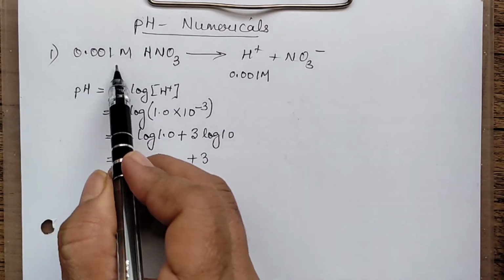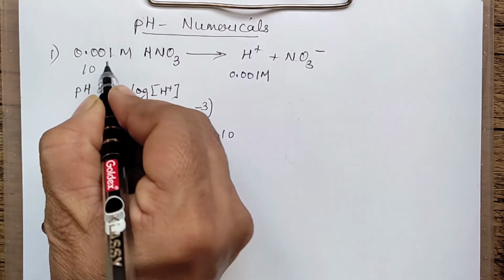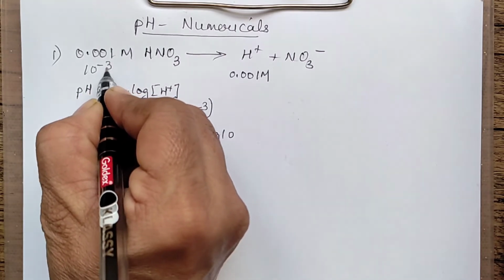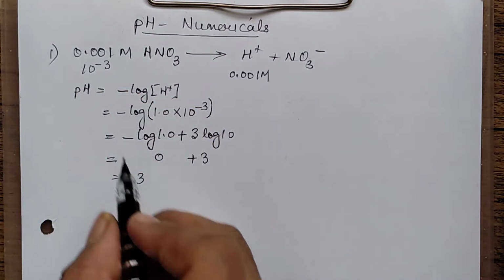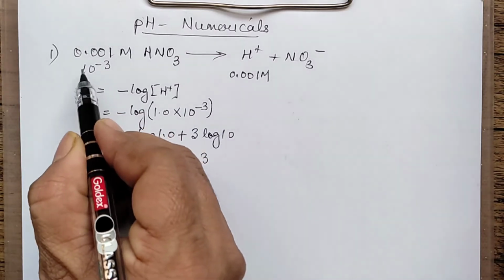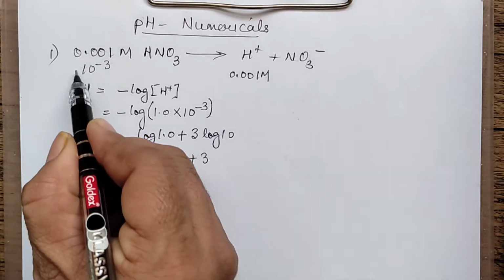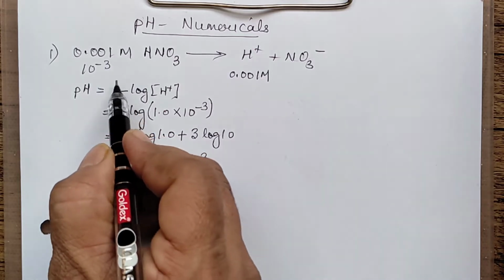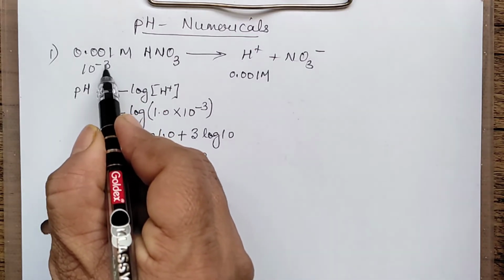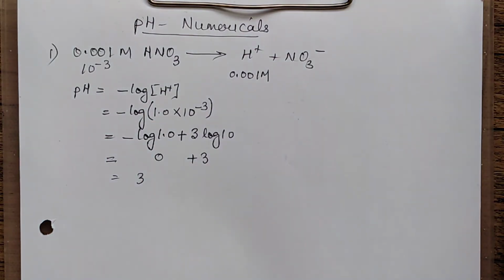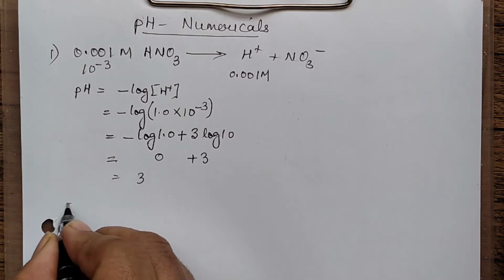Right? But for this, if we say the concentration in the terms of the powers when we are writing, it is 10 to the power minus 3. If it is a simple number like that, nothing in front, just 10 to the power minus 3, minus 2, then whatever is the power, that itself is the pH also. Okay, now let's do the next question.